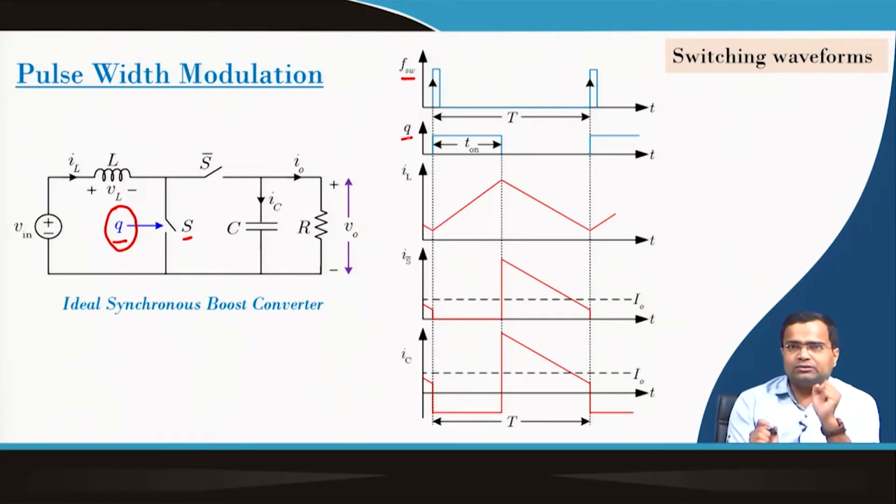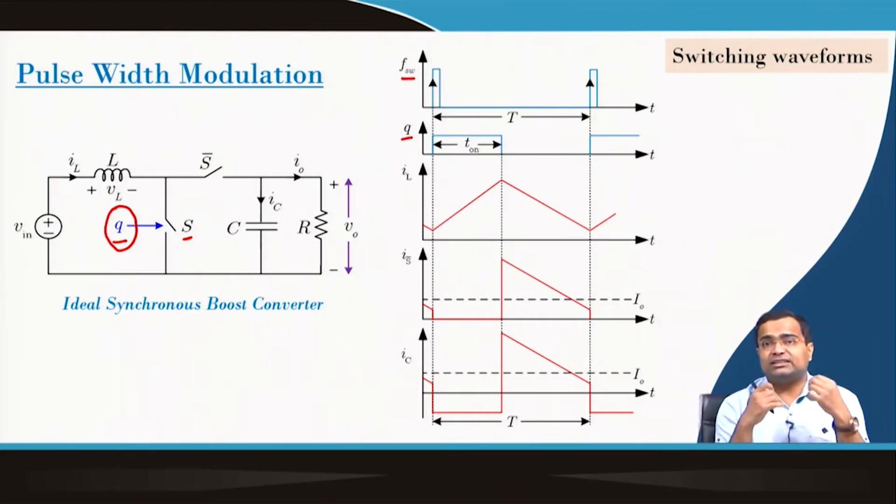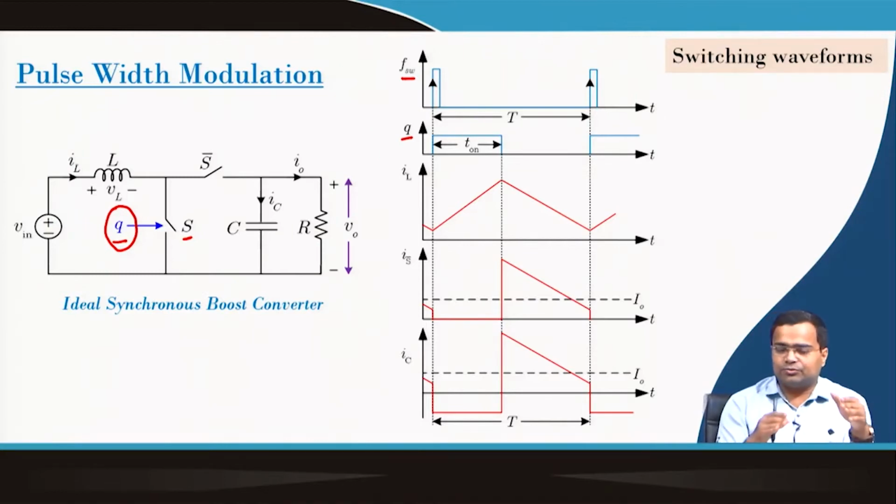When the switch is on, the inductor current will rise linearly, because we are assuming the output voltage is more or less constant. When the switch S is on, the L di dt will be V in by L. So, it will rise linearly. When the switch is off, the voltage across the inductor will be V in minus V 0, since it is a boost converter where we want to achieve higher output voltage. So, V 0 is greater than V in, as a result this slope is negative,